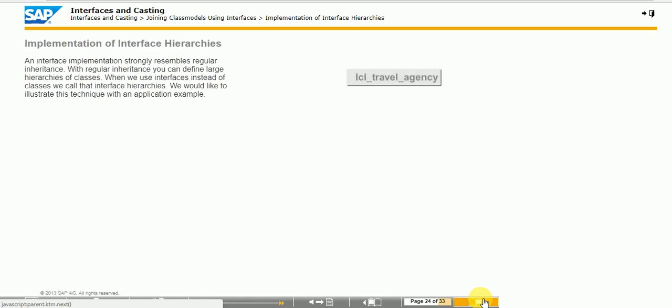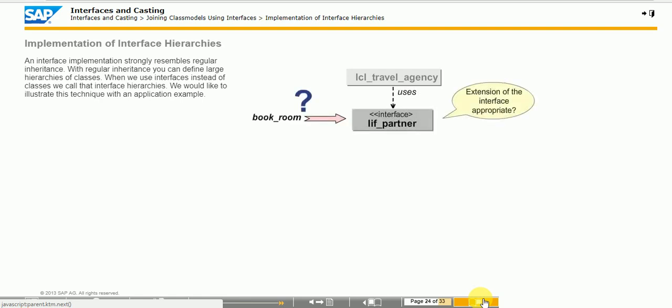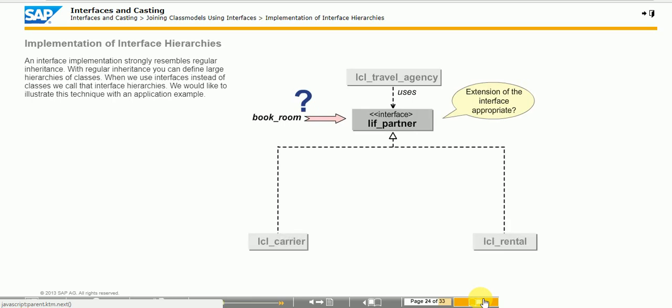In this example, you need to know whether it is useful to define a further service for room reservation in the interface LIF_partner. In this case, the classes LCL_carrier and LCL_rental need to implement the appropriate method because they have integrated the interface